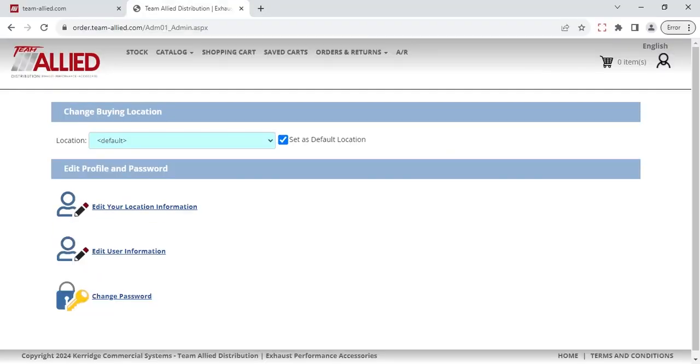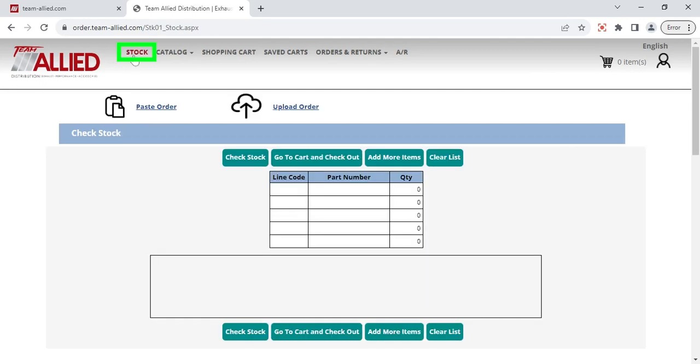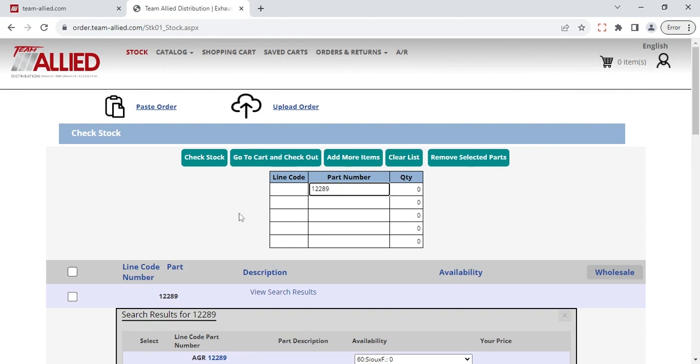Next, we're going to go into searching for a part. If you know what the part number is, or you've ordered it in the past and you have the part number handy, you can go directly to our stock. From stock, it will ask you for a part number. If I type in part number 12289 and click check stock, it's going to go ahead and bring up that